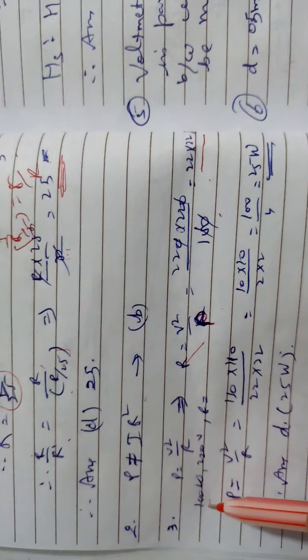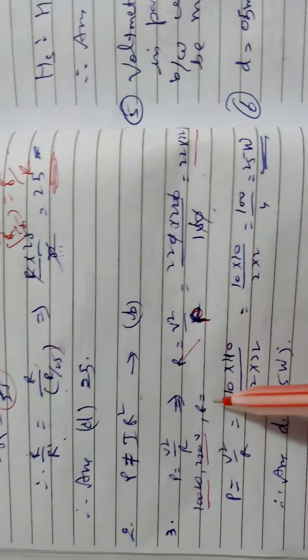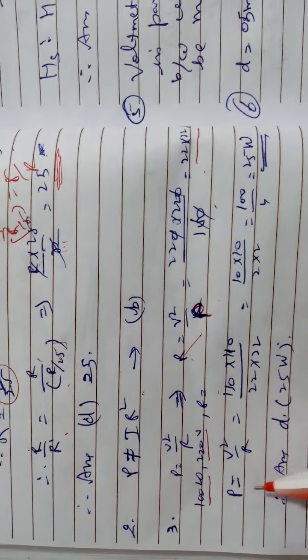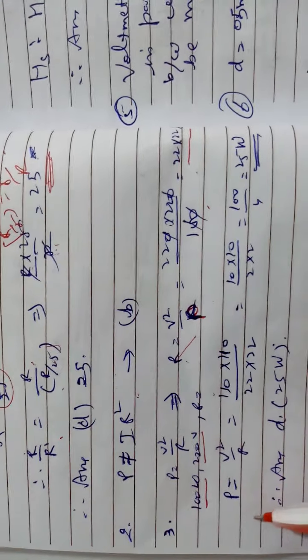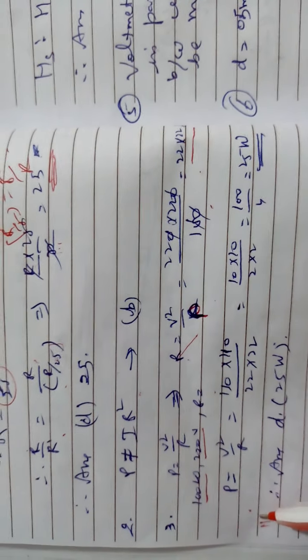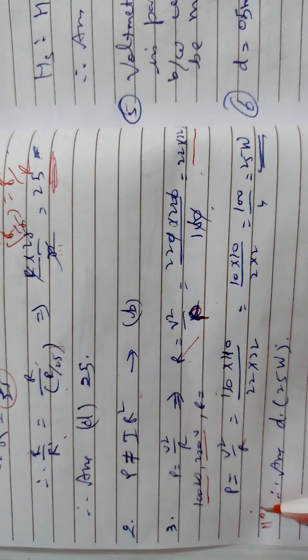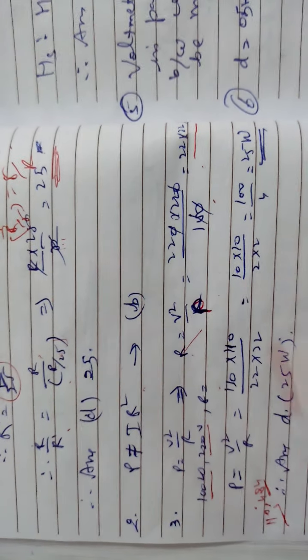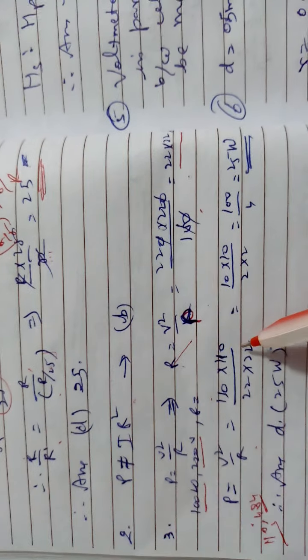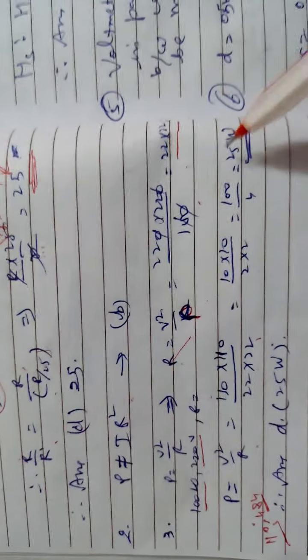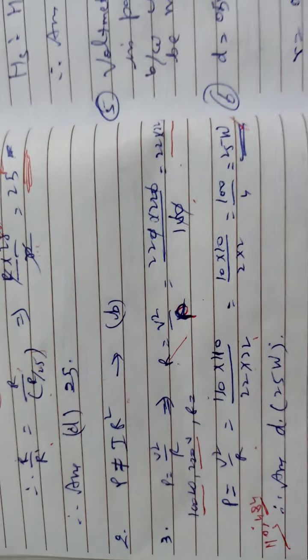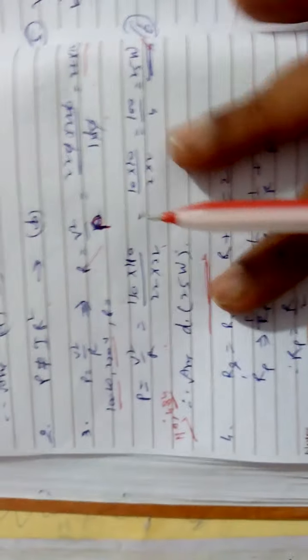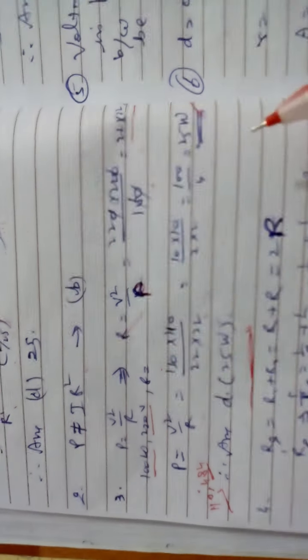So at 100 watt, 220 volt, you are getting this resistance. Now you know the resistance, and you need the power at 110 volt with 484 ohm. So power will be V square upon R, 110 into 110 upon 484, and you will get 25 watt. Answer D is correct in this case. 25 watt is the correct answer for this third question. Fourth one is given: